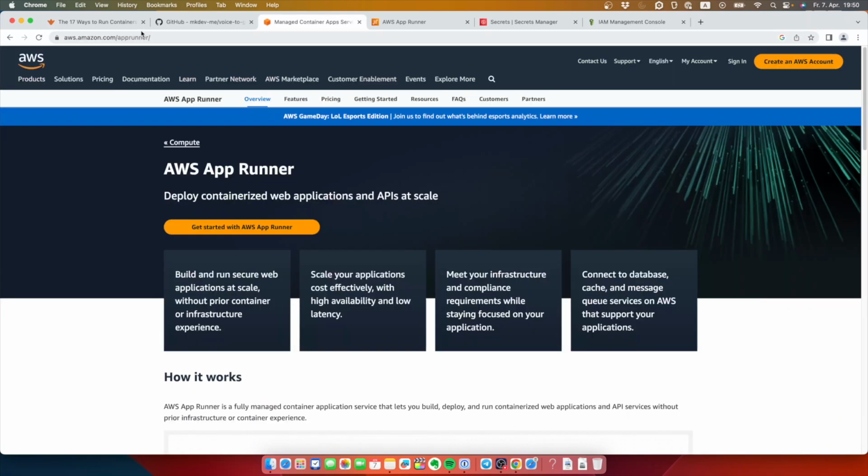Enter AWS App Runner, Amazon's answer to Cloud Run. Finally, we don't need to mess around with VPC, with ALB, with anything really. We can just take a container image and run it on AWS and pay only for containers themselves. Or is it really that simple? Let's find out.